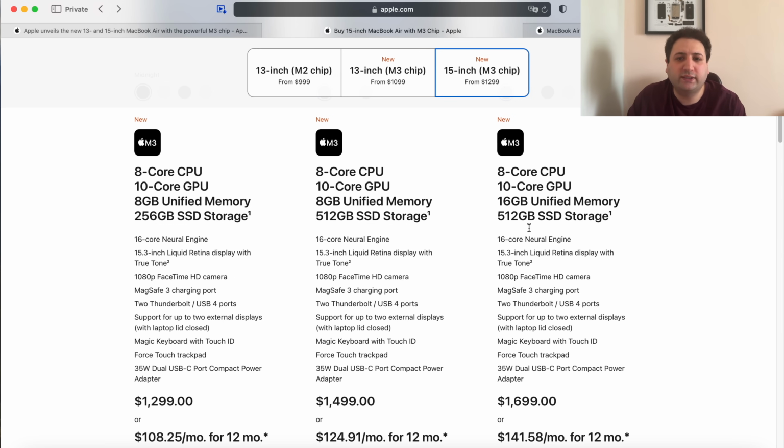Obviously, all those models scale further upwards. You can get it with 1 or even 2 terabytes of storage, and you can get up to 24 gigabytes of unified memory. I don't really recommend those kinds of upgrades, because usually once you make them, you're way closer to the pricing of the MacBook Pro models, and those obviously have some other improvements like ProMotion screens, even better speakers, stuff like that. So I highly recommend you stick with basically those pre-builds if you want to get the best value out of